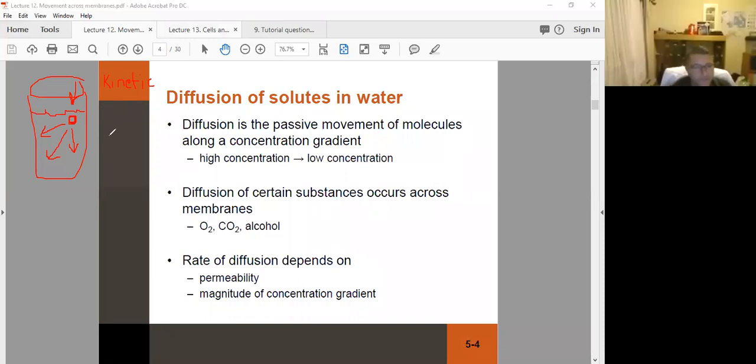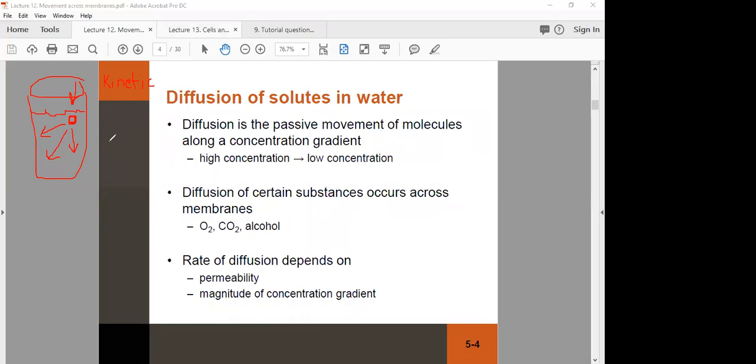Heat, yeah, absolutely. So if we increase the temperature, then obviously the movement of those dye molecules is faster. They'll diffuse much faster through the water. Now, what would happen if we drop the temperature right down to 0